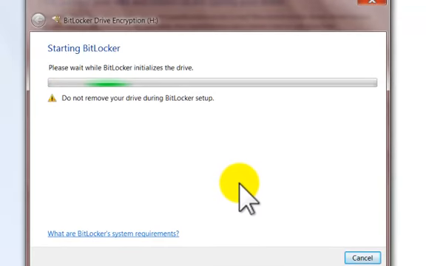Just give it some time to check out that USB. Don't disconnect the USB during that progress. Okay,